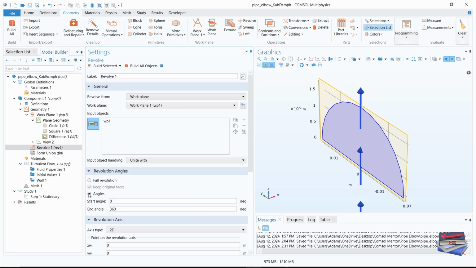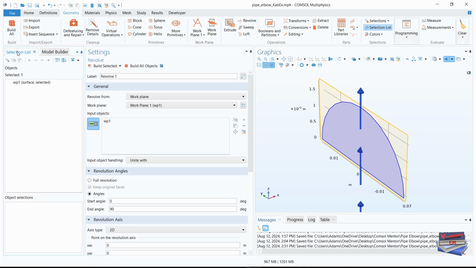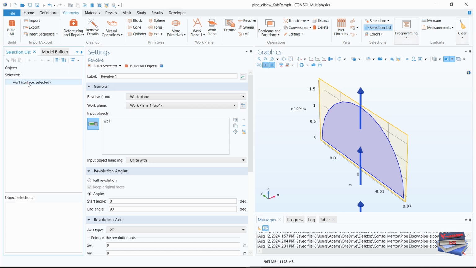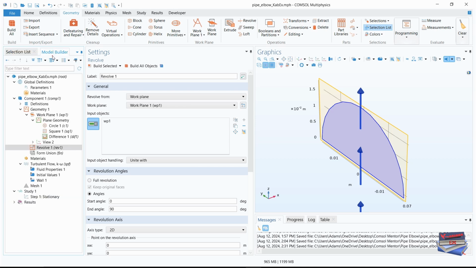Let's click angles, and for the end angle, let's enter 90 degrees, and we already have our selection here. This is the one that we need. So if we go to selection list, that's the only surface that we need, and it was selected for us automatically. If it wasn't selected automatically for you, you can go to the selection list, select it, and then click add. Okay,